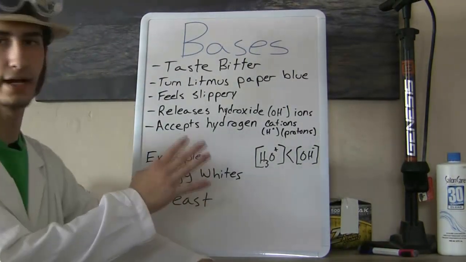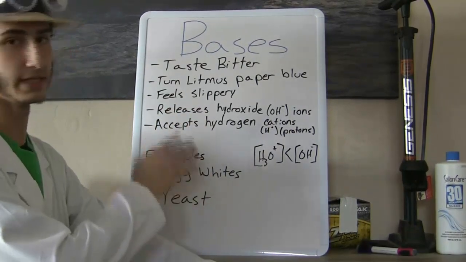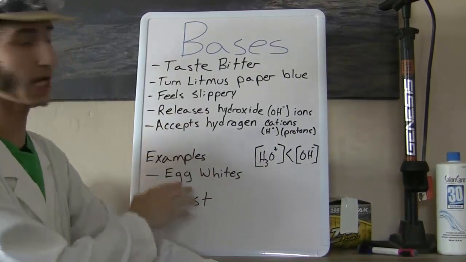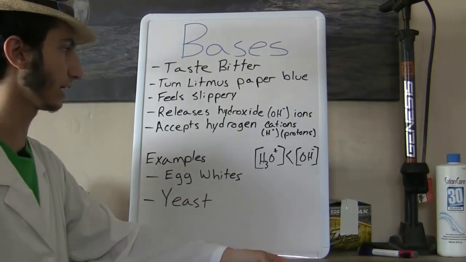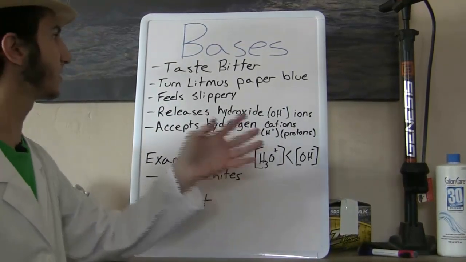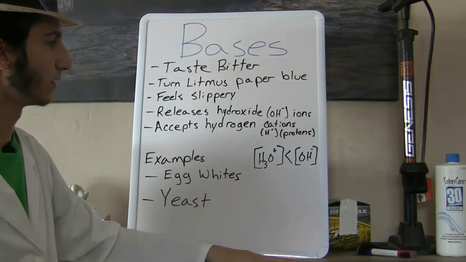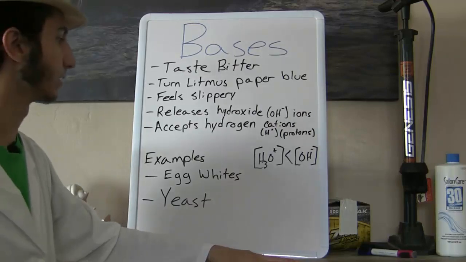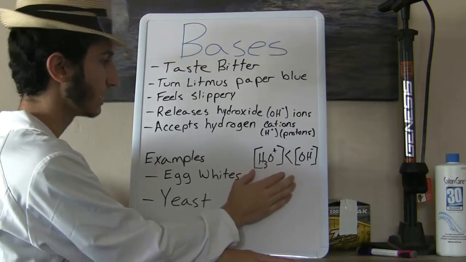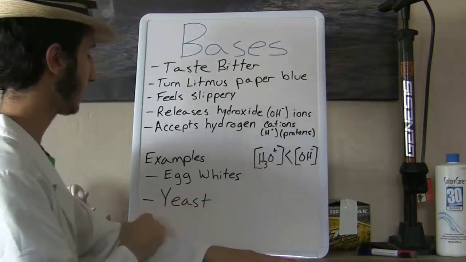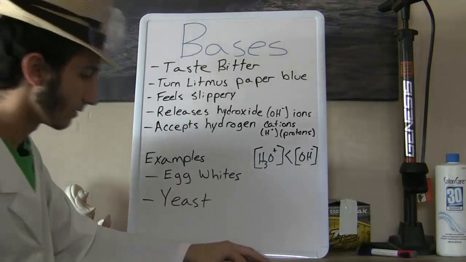Bases are characterized by tasting bitter, turning litmus paper blue, they feel slippery, they will release a hydroxide OH ion, and they will accept hydrogen cations or protons. Now, pretty much acids and bases are the exact opposites of each other, which is why they neutralize each other. But anyway, the concentration of a base is that the hydronium is less than the hydroxide. Some examples of this are egg whites and the yeast we'll be using later. Furthermore,